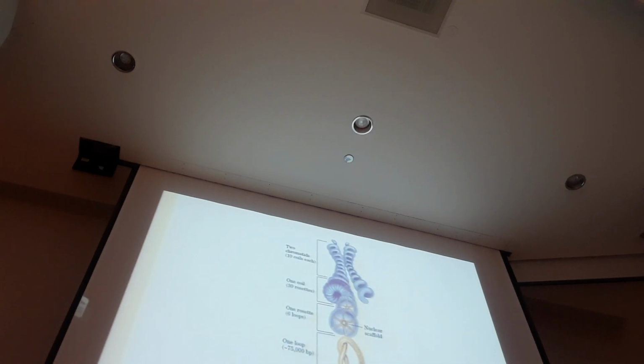Starting with a fully extended DNA molecule, which is hypothetical under physiological conditions because it wouldn't fit into a cell, we first wrap it around a structure made of proteins, and we form something called nucleosomes, which have a diameter of about 11 nanometers. And then we wrap these structures in a certain way, like braiding, to produce something